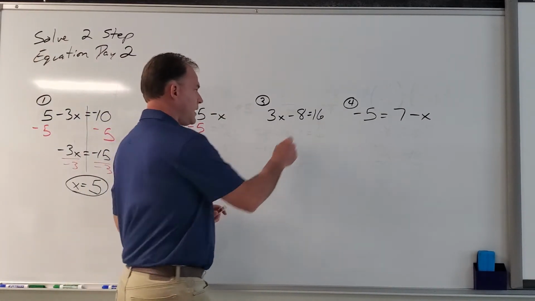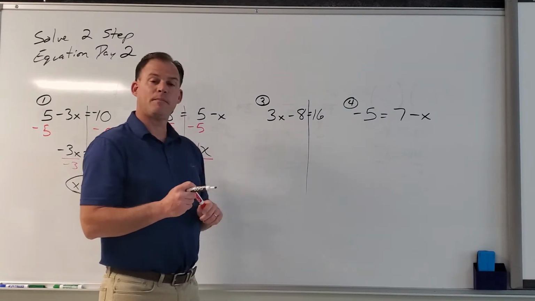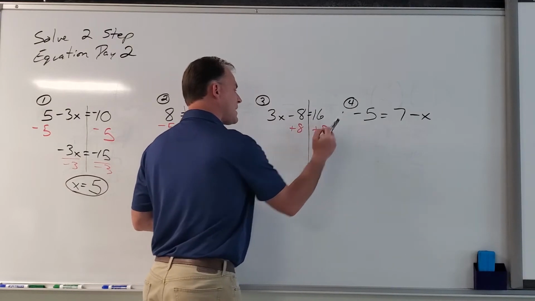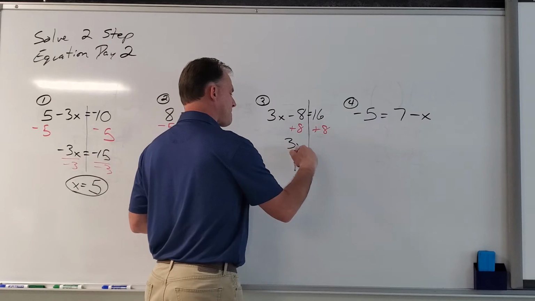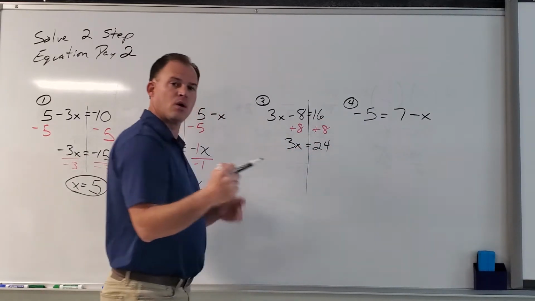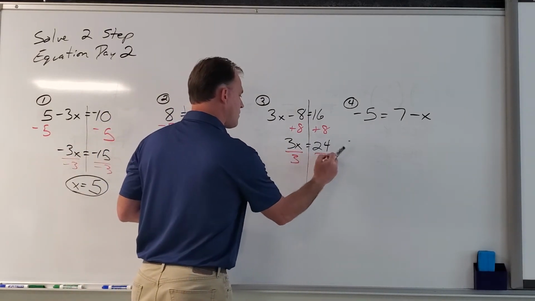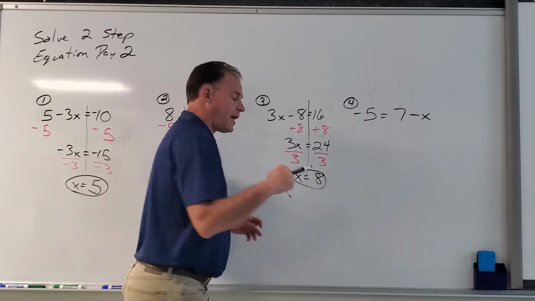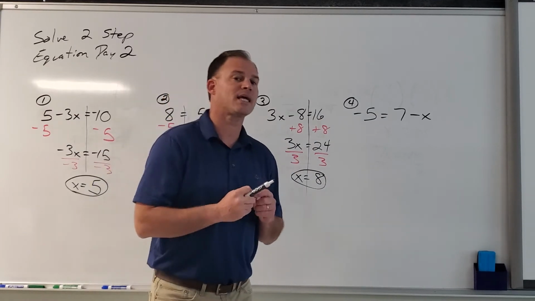Number 3, again, isolate the variable. Get it by itself. So I need to add 8 to both sides of the equation. 16 plus 8 is 24. What are we going to do next? X equals 8. And we haven't touched on this, we haven't checked on this, but you can check these answers